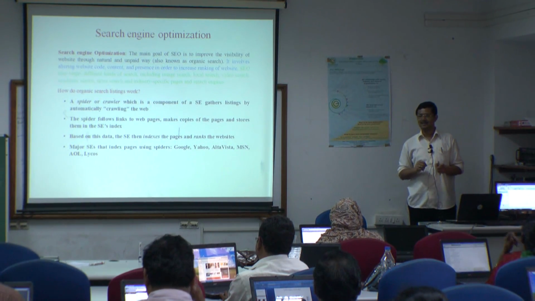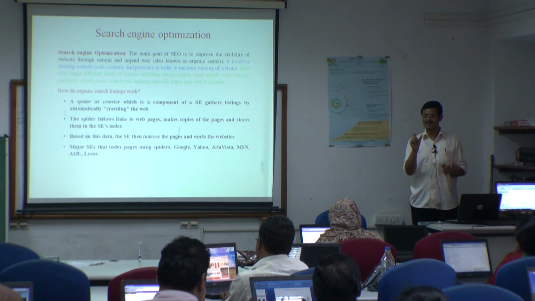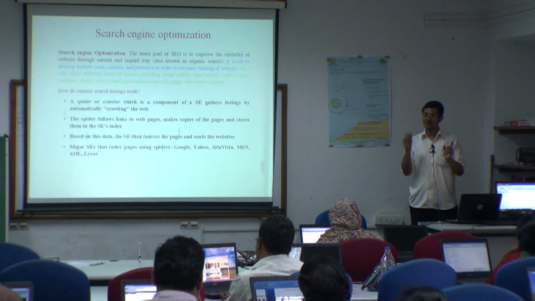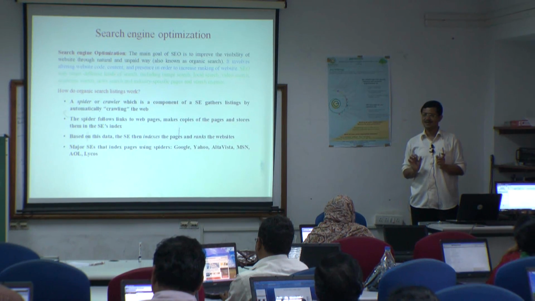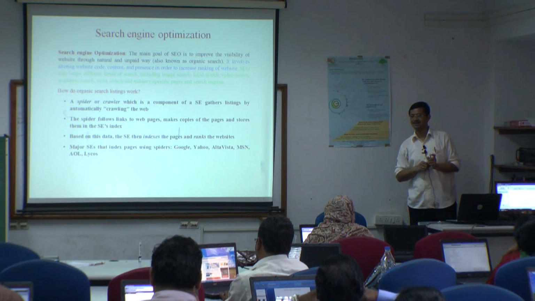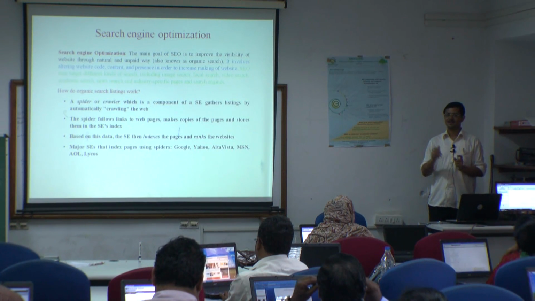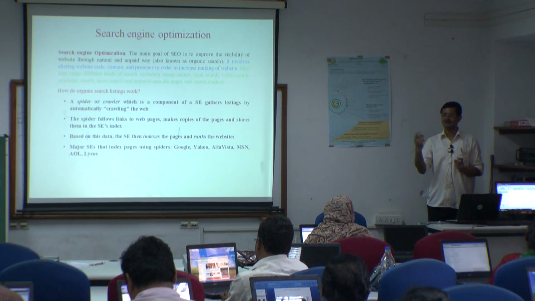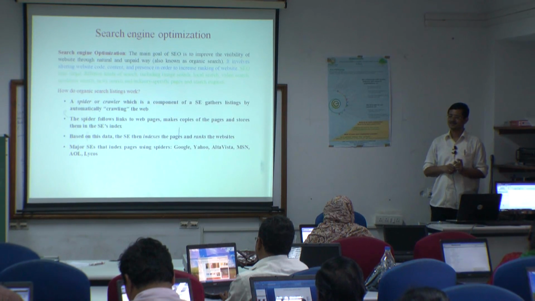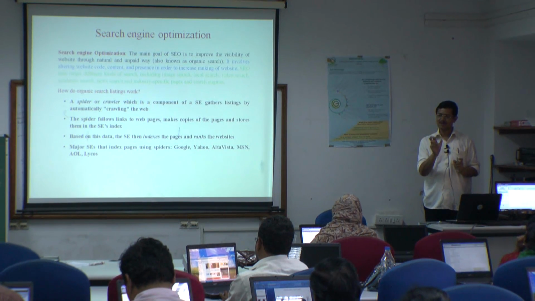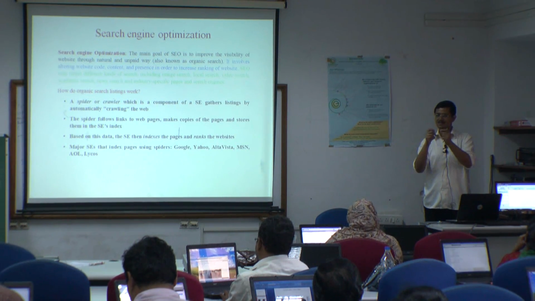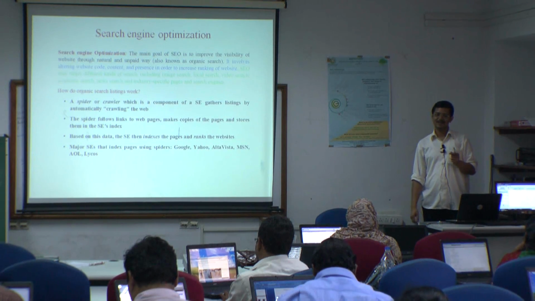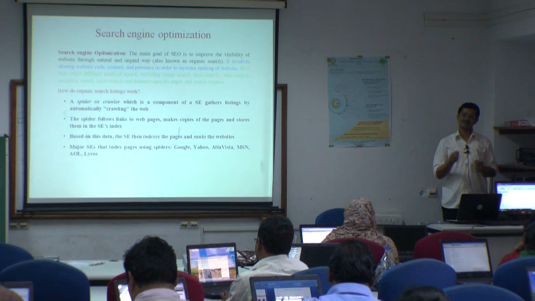Then for the second part of searching, query based searching, your page will get a high relevance score for a given query, because your page will contain highly relevant keywords for your targeted customers, the people that you want to target, so that they open your page through such queries. Then through the relevance score you will get a high score, and through the page rank score you will get a high score. Then the multiplication automatically will give you a very high score. This is a starting trick behind all